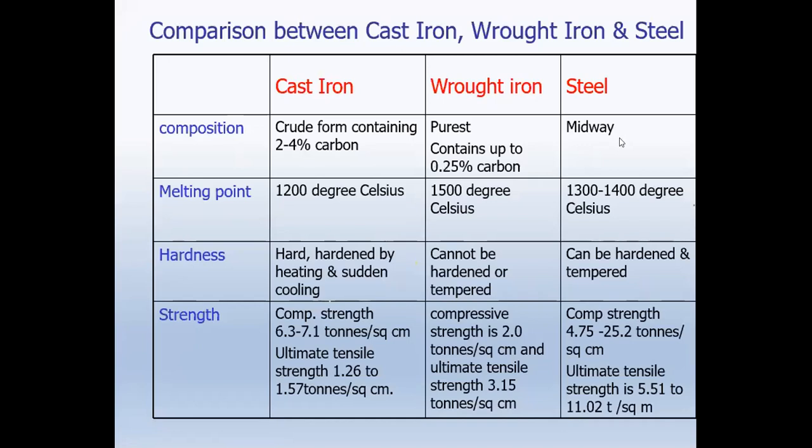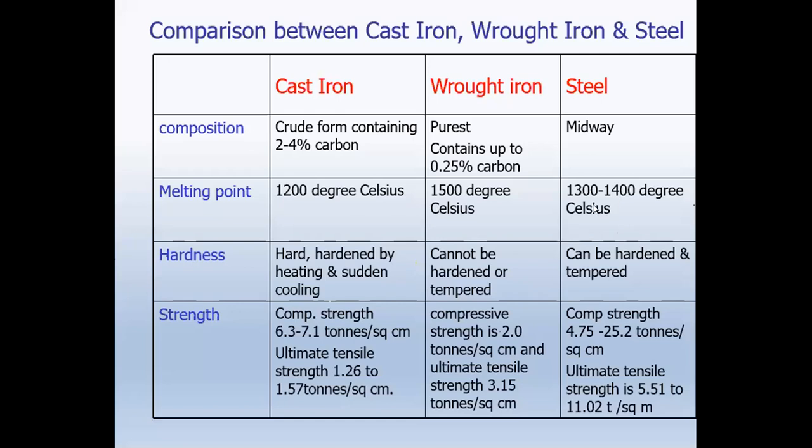That is the midway. And the melting point of steel is about 1300 up to 1400 degrees Celsius. It is the mid between the two. Here you can see it is 1200. For the wrought iron it is 1500. So this one ranges between 1300